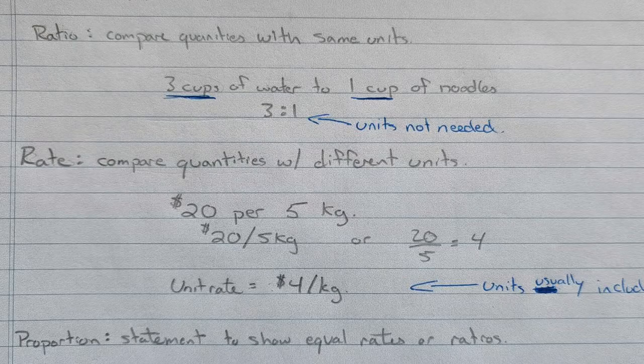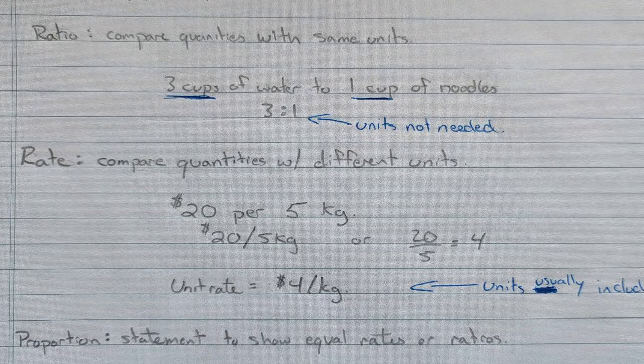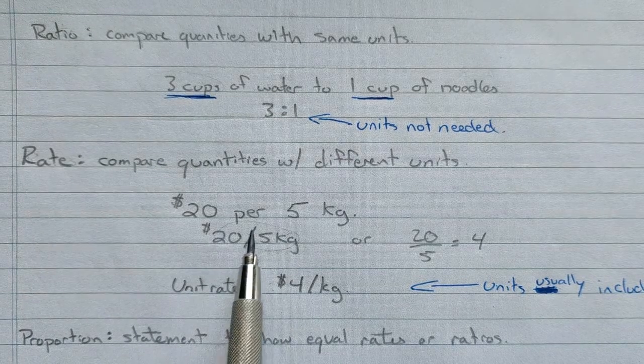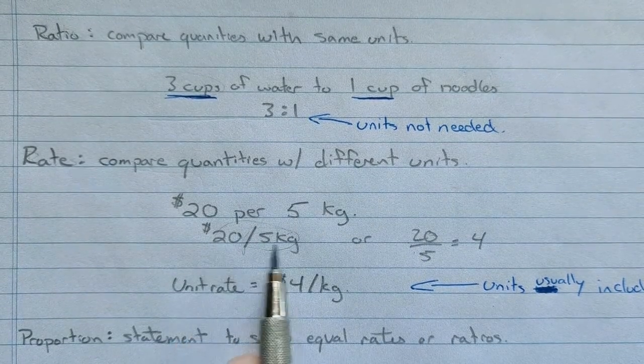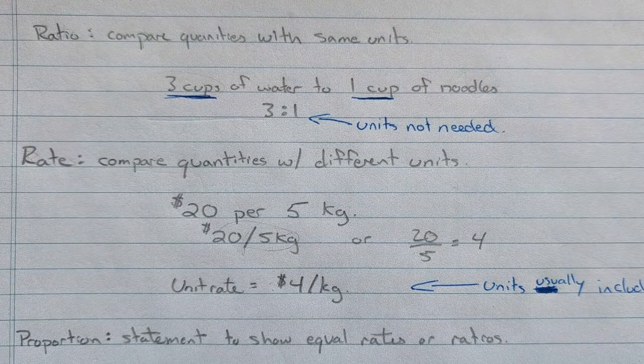In the case of rates, we're doing something similar, but we're comparing quantities with different units. So rather than comparing cups to cups, we're comparing cups to tablespoons maybe, or in the example I have here, $20 per 5 kilograms, maybe of dog food or something. So $20 per 5 kilograms is written like this. We use the slash, or we can write it upright like this. Oftentimes you'll see it like this. But what we can do with rates oftentimes is, instead of comparing using the